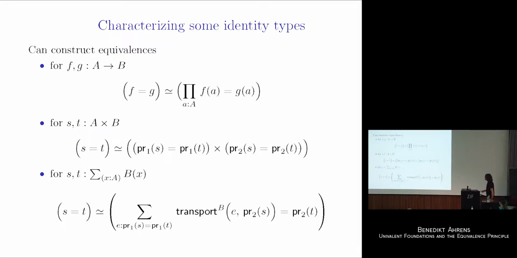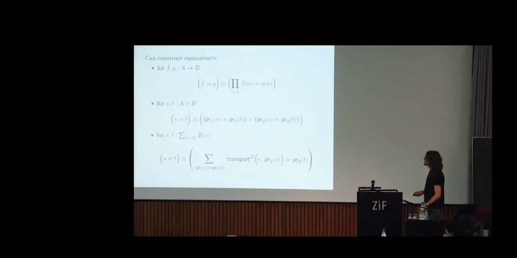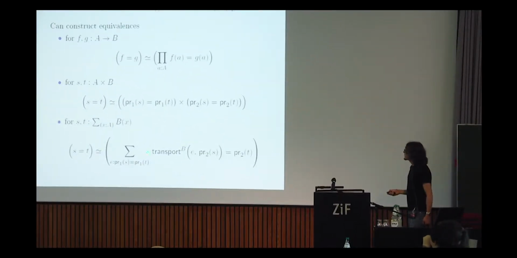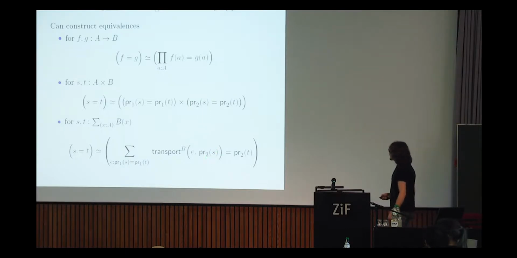To compare those two is slightly more difficult because I can compare easily the first components, because they both happen to be elements in A. But the second component of S is in B of PR1 of S, and the second component of T is in B of PR1 of T, and in order to compare them, I have to use this transport function, so I should maybe put some type